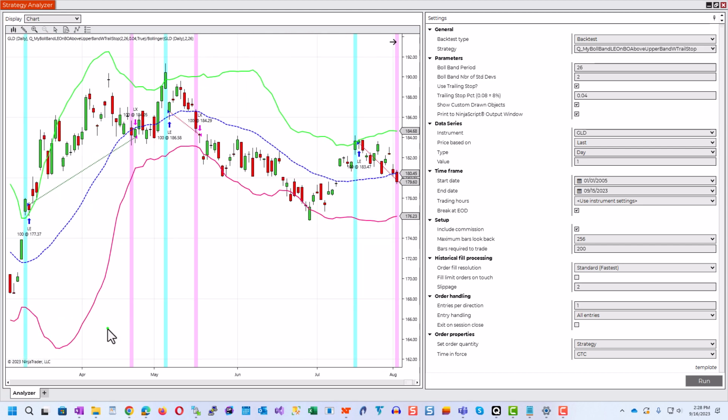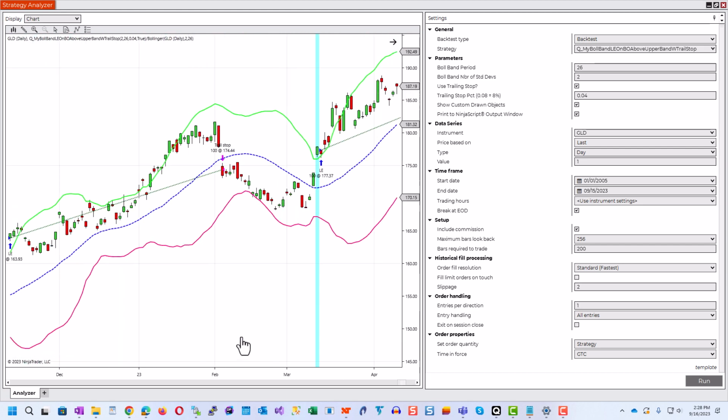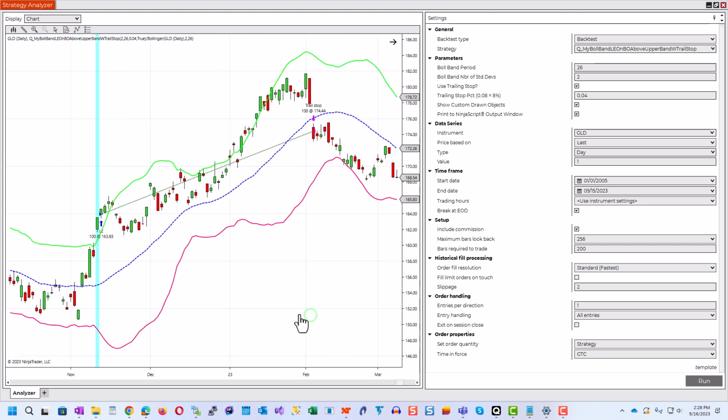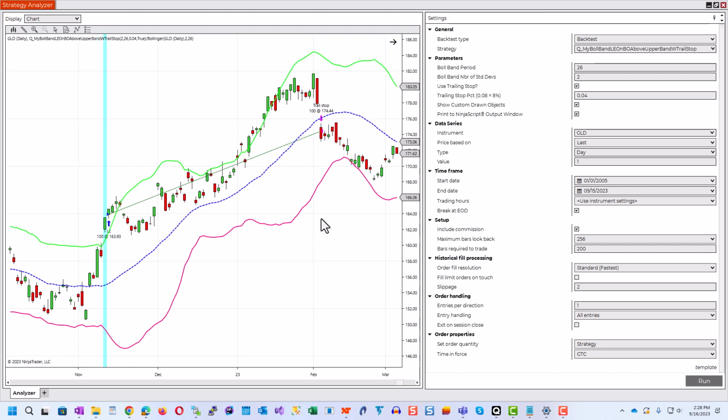Let's find a good example where a trailing stop helped us. Well, in this case, coincidentally, the trailing stop was coincident with the cross below, so it's not a very good instructive example. See, we had a trailing stop exit, but it also crossed below, so we would have exited on a market order on the next bar anyway. It's pretty close as far as which one's better or worse.